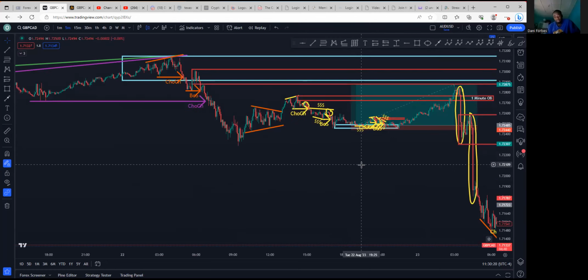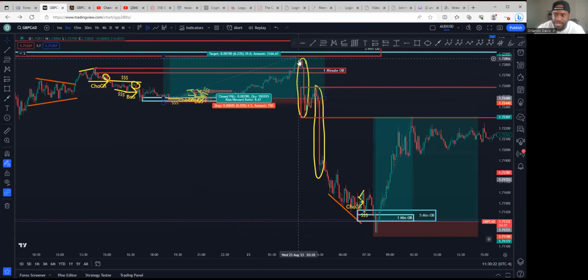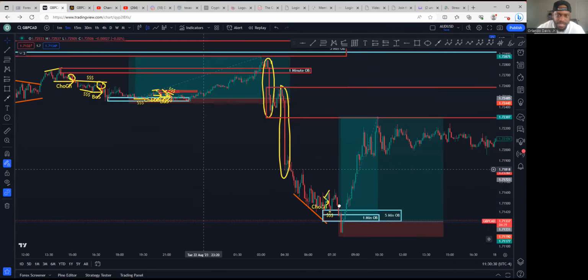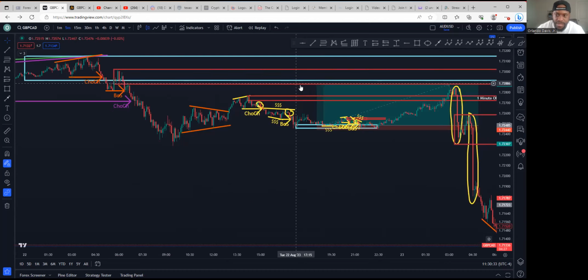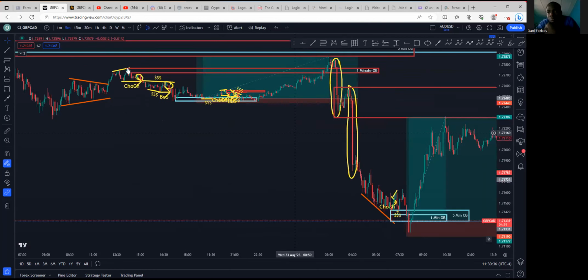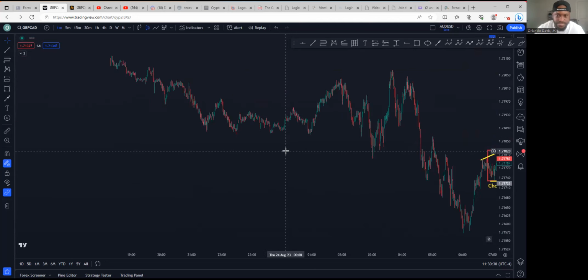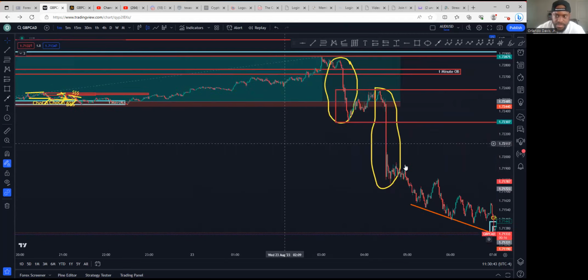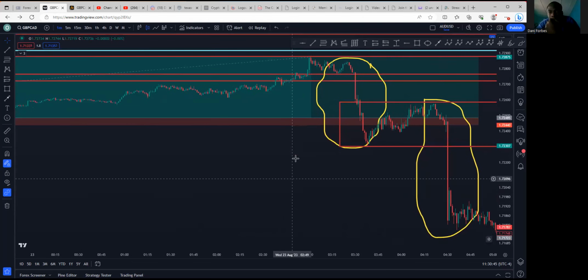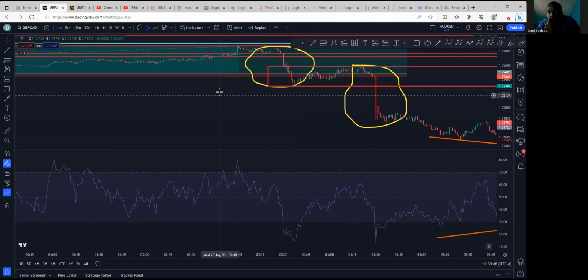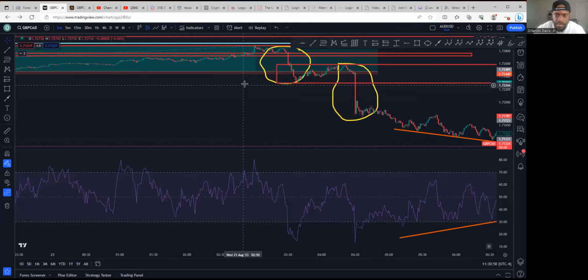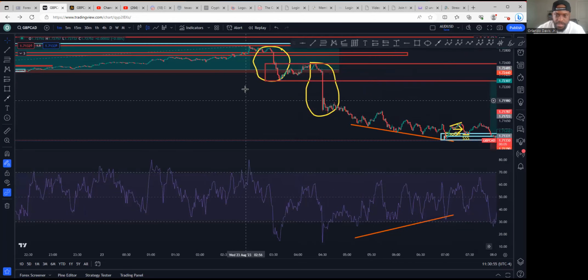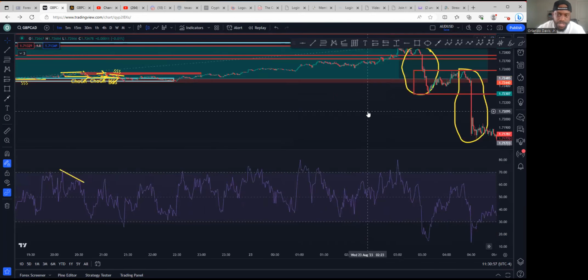Look at this bearish divergence that developed right here. Look at this bearish divergence that developed right here. So let's go to a lower time frame and see how we could have picked this off and got back in for the sale. Watch this. Diverged. Not quite. Just smacked it and dropped. Probably had to go to the second time frame to see it, but we still could have picked it off